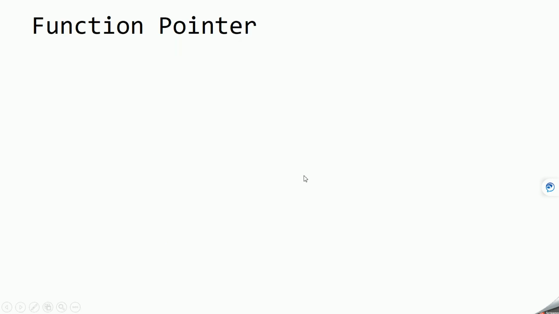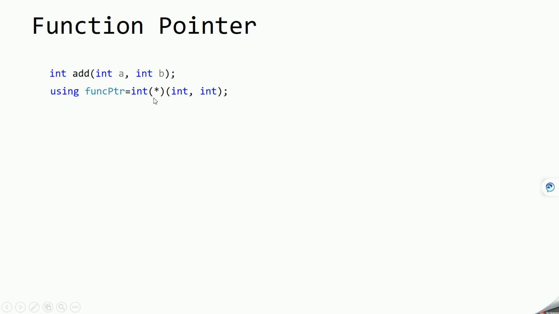Okay, now let's see how we can create a function pointer using the alias concept with the help of the using keyword. So here we have a function which takes two arguments and we want to create a function pointer for this function prototype. Okay, so we can create a function pointer this way. First you give the keyword using and the name of the function pointer and then the type of the function pointer.